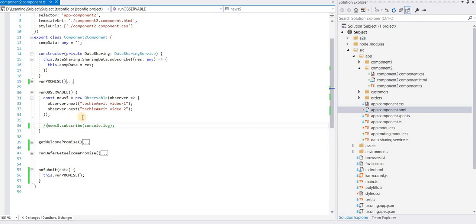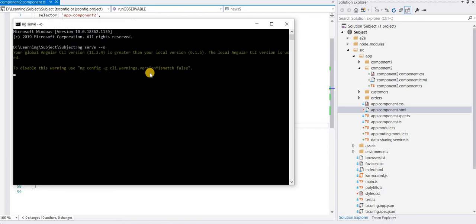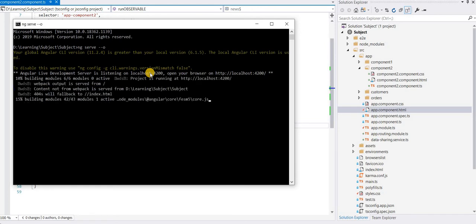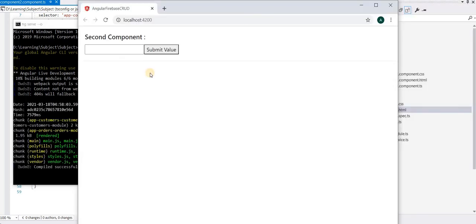Exactly. If I have to show you, let me open the command prompt. Again we do ng serve --o, which builds our Angular application and opens the browser automatically. Now it is building our request. Okay, it builds our application and the browser is open. Now I will open the console.